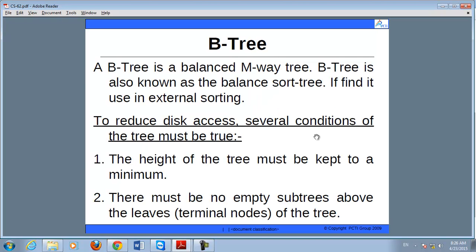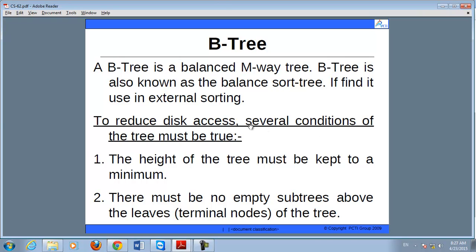Next is the B tree. A B tree is a balanced multi-way tree. जैसा आपने binary search tree create किया, in the same way you can create a B tree, but the difference between a binary search tree and a B tree is that in a B tree a particular node can contain more than one value. If you want to insert values in the B tree, then there is an order given with the B tree, on the basis of which you can insert a particular number of values in a particular node.